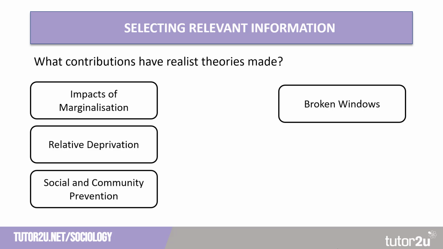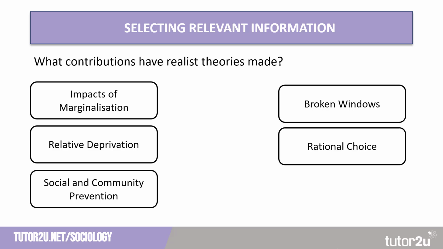On the right realist side, we can talk about broken windows theory, the work of Wilson and Kelling, and how they perceived there to be higher levels of criminality in areas of disorder. We can talk about rational choice theory,